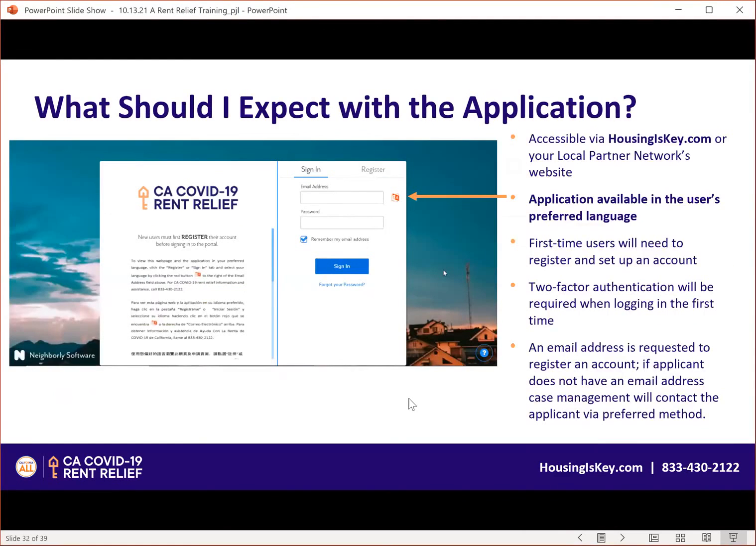What to expect for your application. So once you've gotten through the No Wrong Door, and in the event that you are routed to the state application, the first thing you'll have to do is register to get your email set up with an account in our state application tool. So the very first thing is you do need